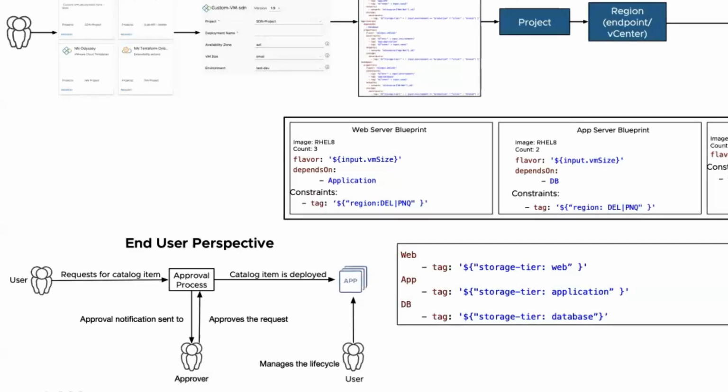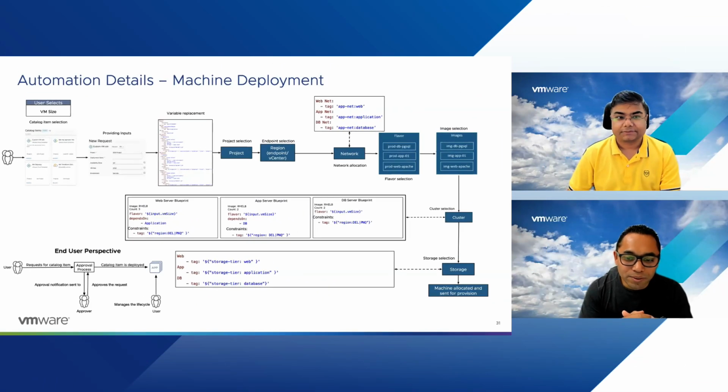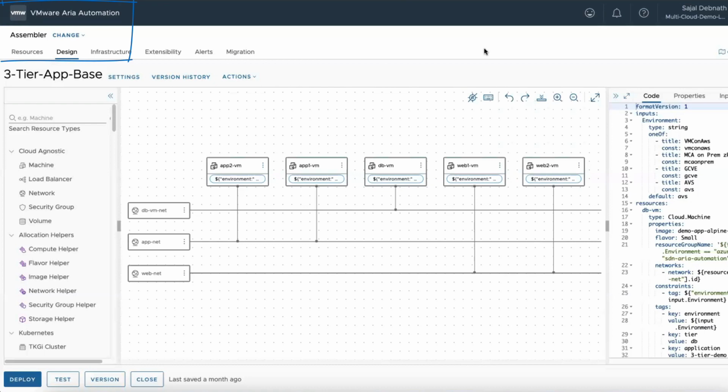That's really good, man. All right, so we covered a lot of theory and a bit of architectural diagram around what we have in the lab. How about we have an actual demo and see how it actually works in our Aria Automation console? Right, let's have a demo of that and how all of this comes together. Let's do that. So you're already logged on to the VMware Aria Automation page, right? Right. So I wanted to just show a small demo of that.